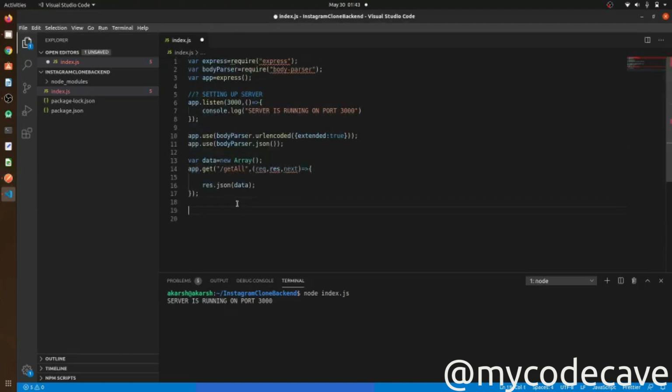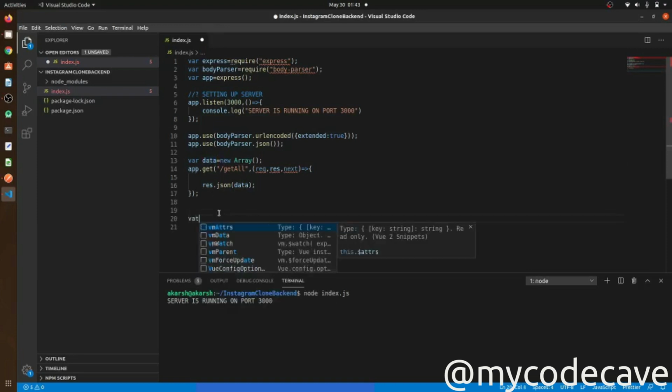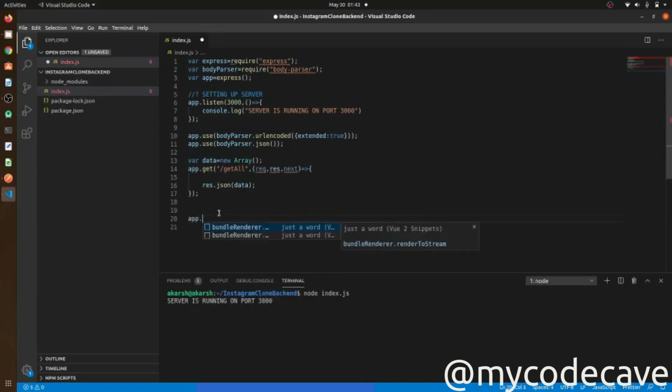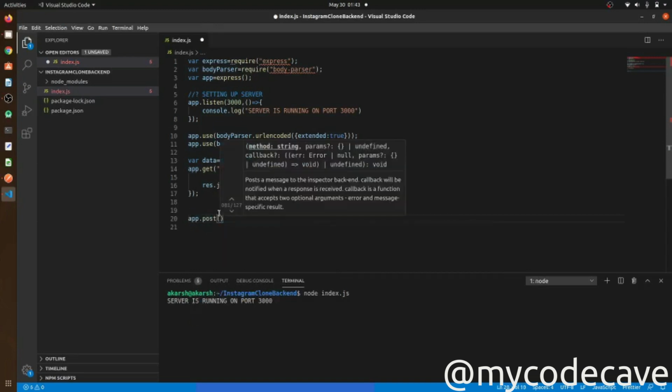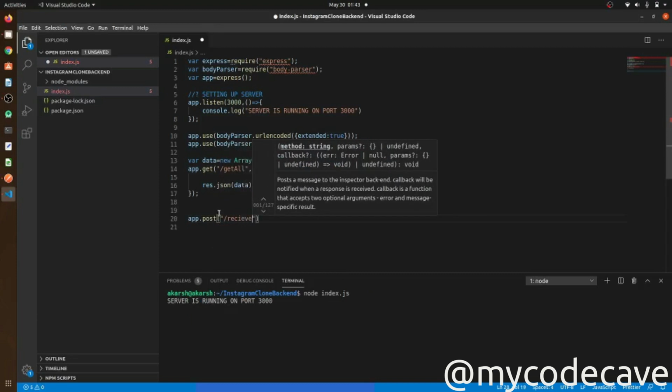Now we will create a post method that will send data, and the data will be added in our data section. So app dot post, and we will do a receive data.